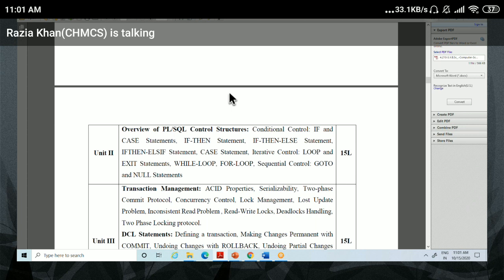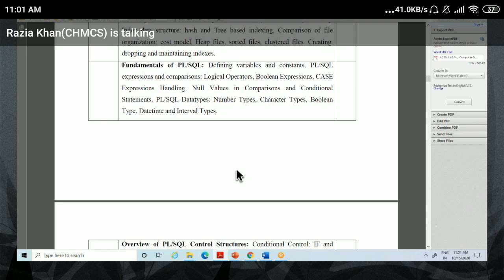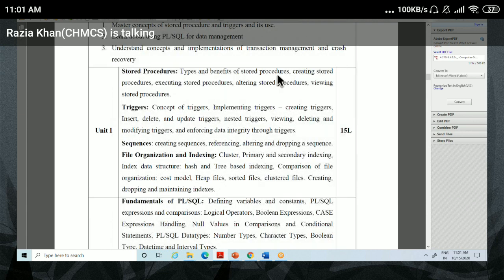But if you want to perform practicals, if you want to store and send multiple data, you want cursor. So that's why I had explained the cursor topic. Same as function is also not there in your syllabus. Like procedure, you have to create a function.